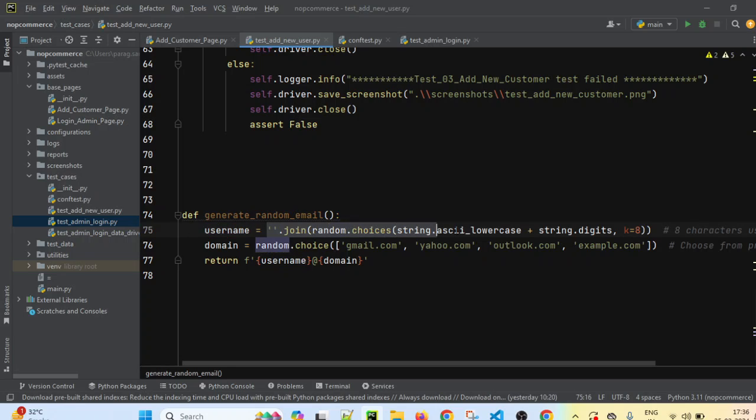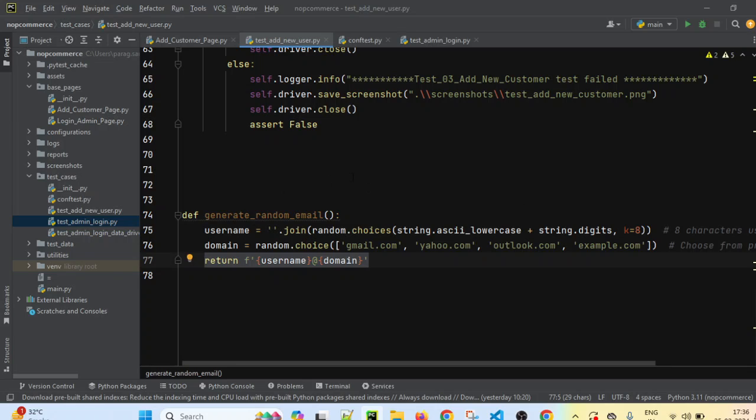So this part will create one username which is 8 characters and a combination of letters and digits. And then we are creating a domain as well. It will pick one random domain from these values. And at the end, it will return the combination of this username and domain, username at the rate domain name. Eventually it will return one random email ID.